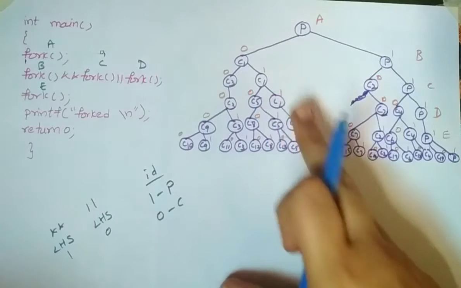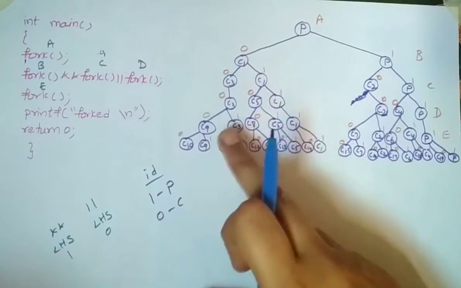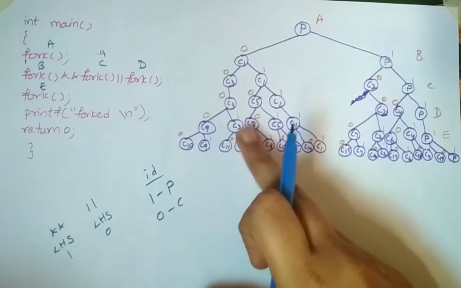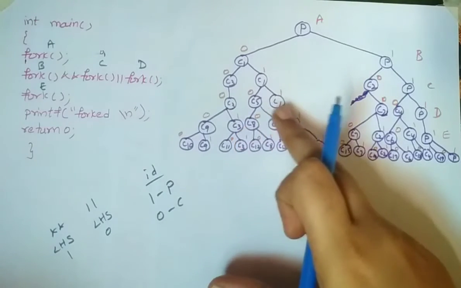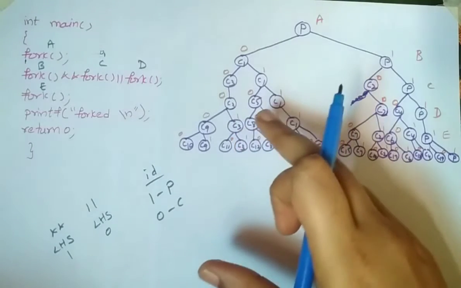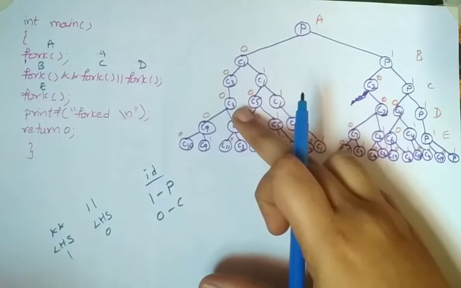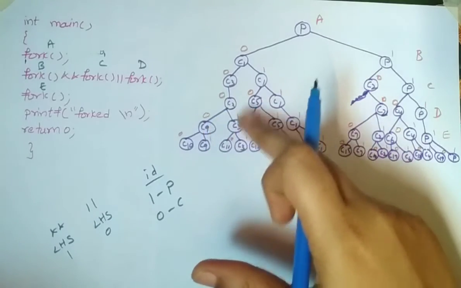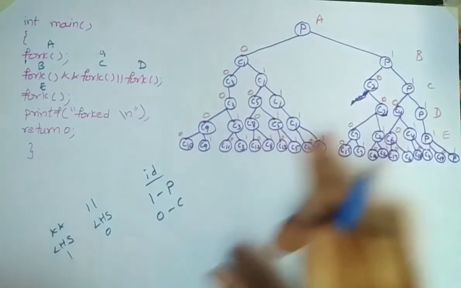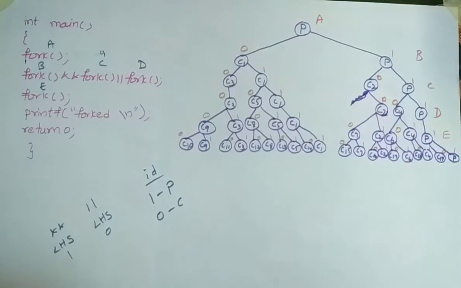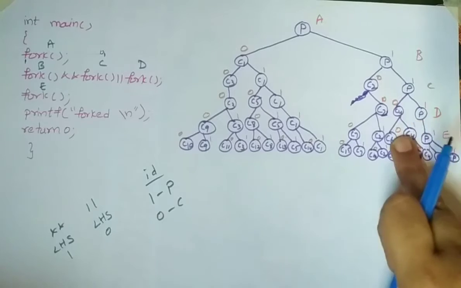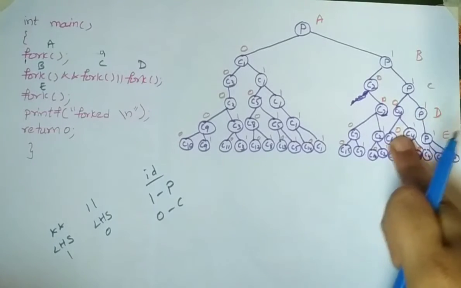And C1 we are going to take as it is, since the value is 1. And for C5, the result is C5 and C8. Here C8 is the child process, and C5 is the parent process. The next one is C3. C3 is going to yield a child process C9 and a parent process C3 itself. So we are going to mark the identifiers for the given processes. For P, we take the value as it is. Next, C4 is the parent process, that's why it gets 1, and C6 gets 0, since it is a child process.